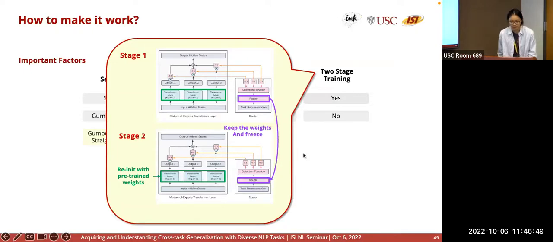And the last thing we find useful is to adopt a 2-stage training recipe. Basically, in the first stage, you train normally. In the second stage, you freeze your router and reinitialize your pre-trained weights. We find this to be useful to not forget anything from pre-training, and also not to